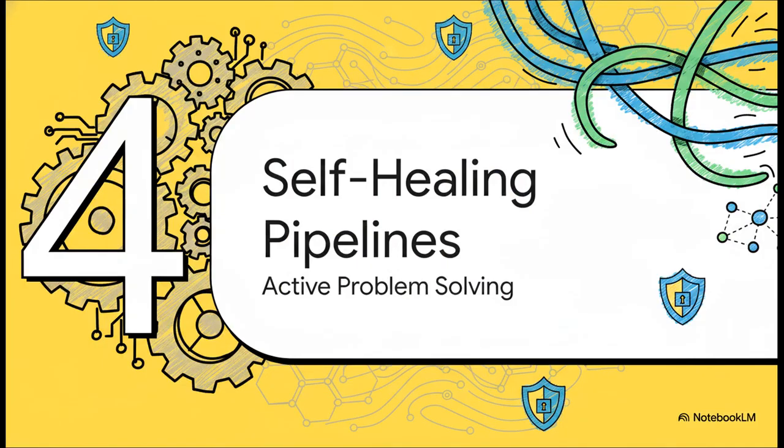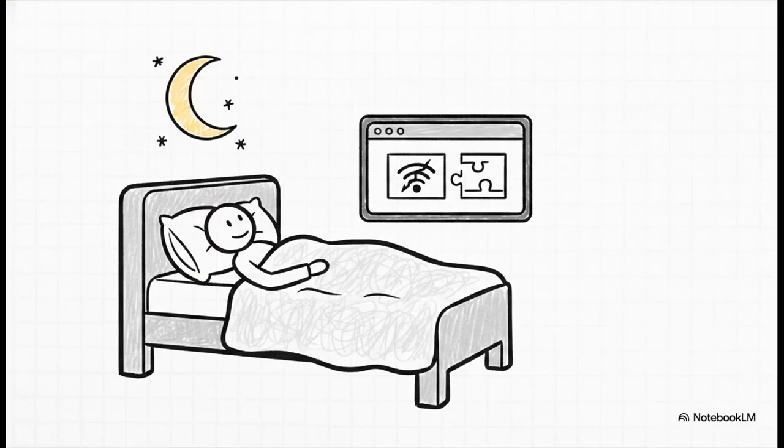Section 4, self-healing and adaptive security, active problem solving. Let's bring this down to the everyday developer experience. We have all lived this absolute nightmare, getting woken up at 3 a.m. because the pipeline is red. You log in, and it turns out a front-end dev just updated a simple CSS class, the DOM changed, and now a dozen Selenium tests are failing because they can't find their visual elements. The core logic of the app is completely fine, but now human hours have to be wasted manually fixing brittle